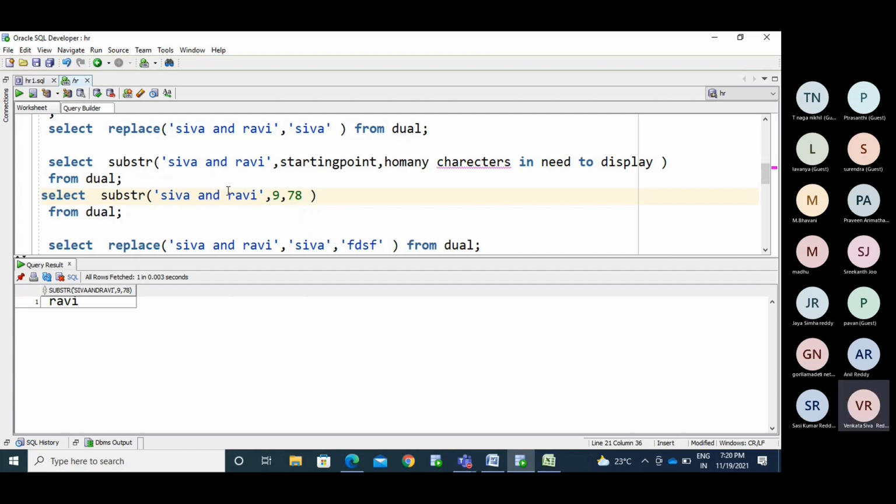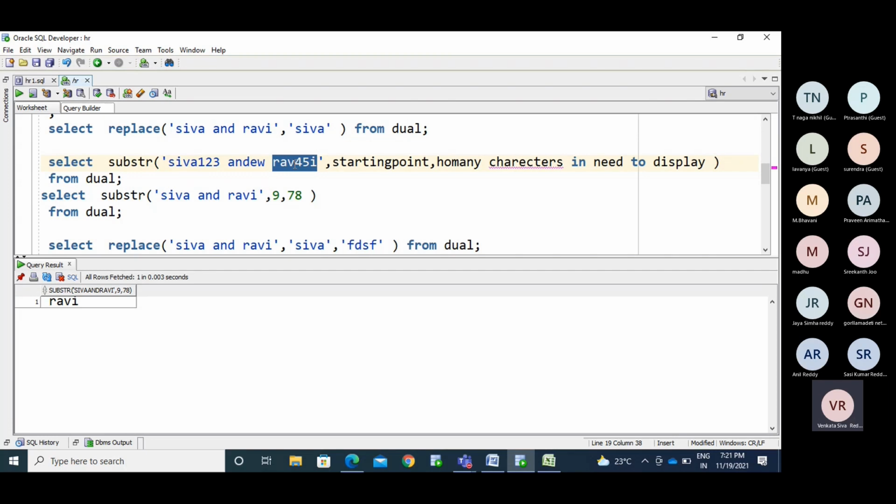In a different case, say we have Siva123 and ANDU. Now I need to make Siva123 the first name, ANDU the middle name, and the rest the last name. We have two different values. Two employees do not have the same name, right? My name is Venkata Shivari, so I have a full name with three names. Some people have four names, including a surname also.